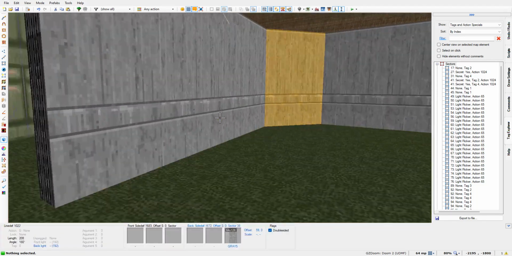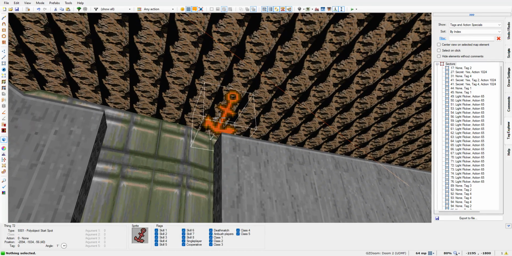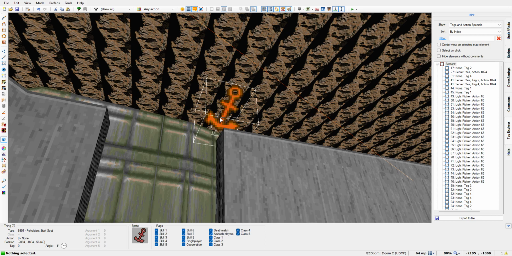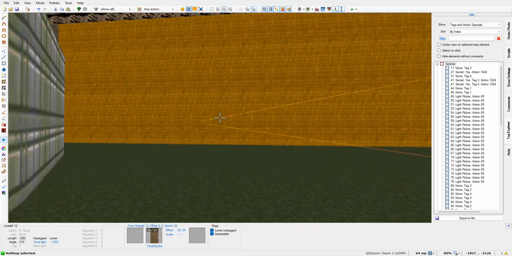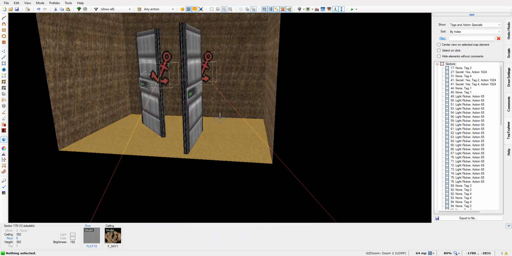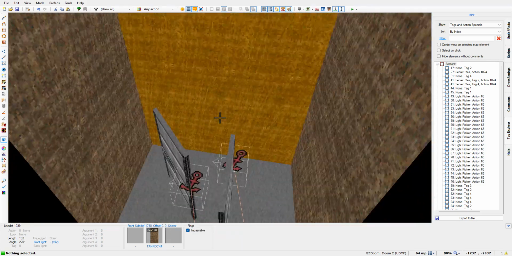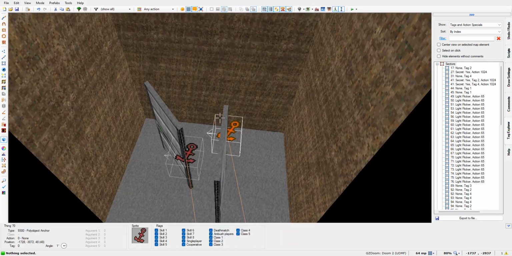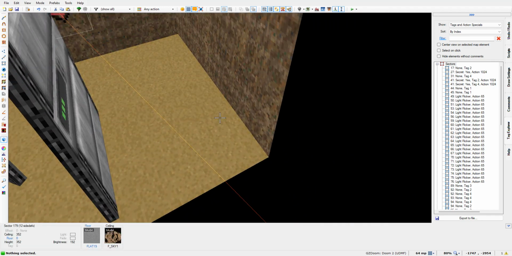And what we have here, as you can see, there's an anchor there. This is the poly object start spot. And you can see it's got a line, and it kind of goes into the wall here. That's because over here I created another room right here, and like I said, I basically made a room. I made some smaller sectors that represent the doors in the right width and height that I wanted,